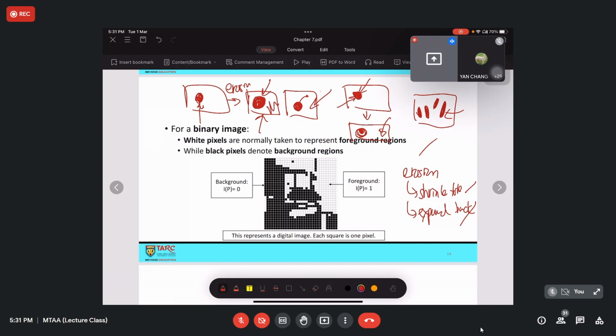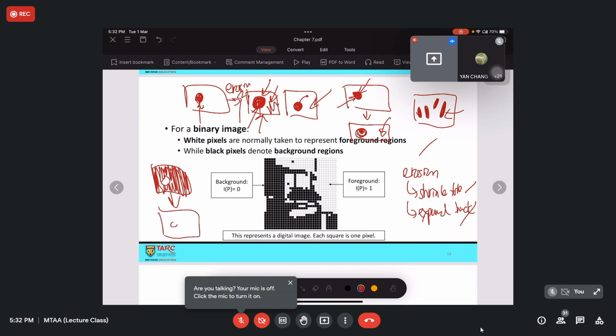The red color dot here is the background, but the foreground is the white color here. So if you want to process using erosion and dilation directly, you need to complement the image so that you get an image like this one. After you perform erosion, you would expect a smaller size. Okay, can you get what I mean?